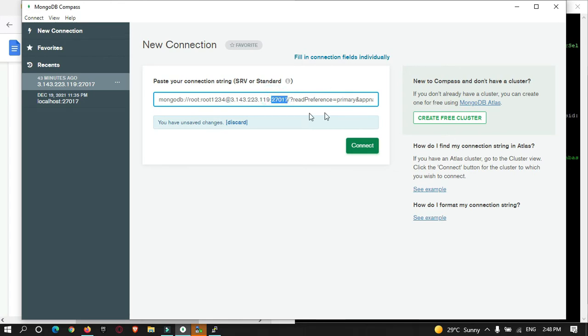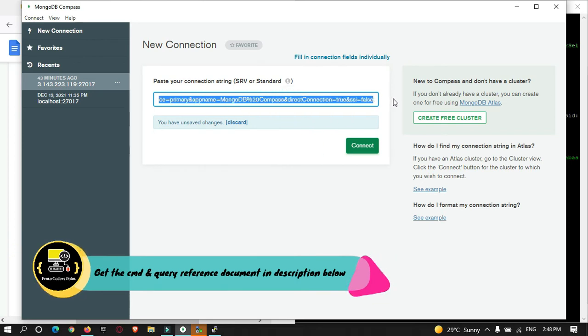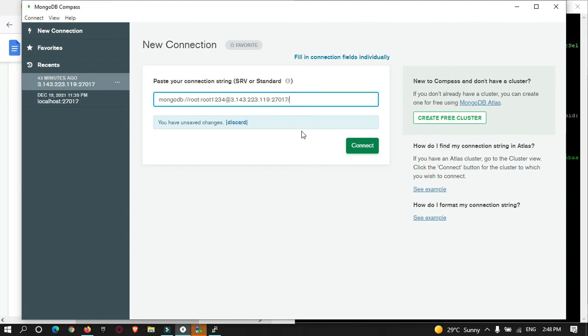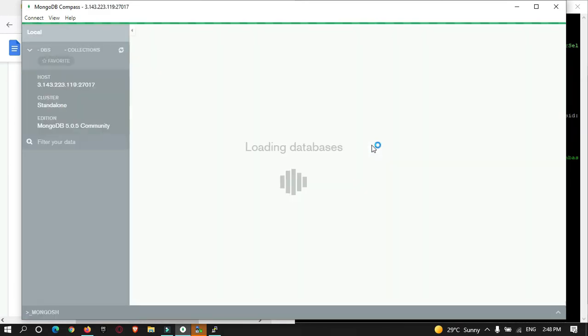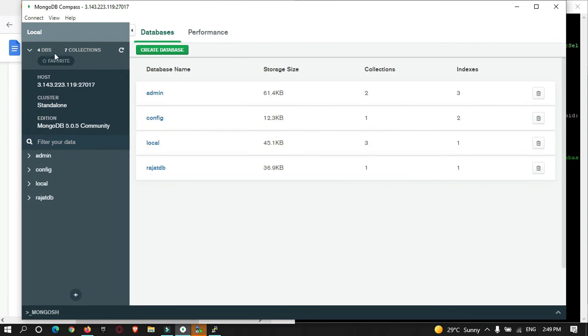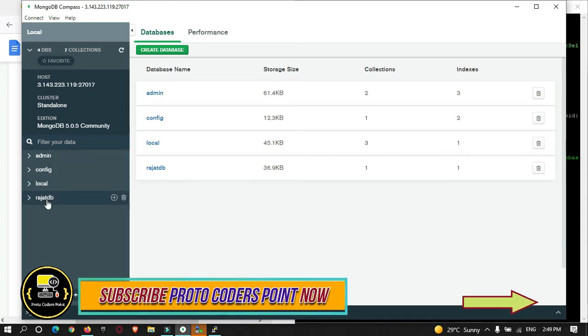Then here you need to provide the database that you want to use for this user. In this case we are in the admin role, so there is no need to provide any database parameter. So just connect and let's wait. You saw we got authenticated to use our MongoDB database as a root admin role. You can see over here the admin can access all the databases. These are the four databases.